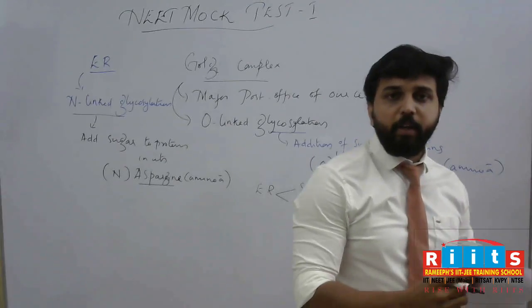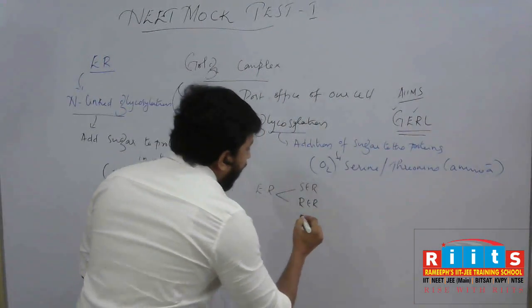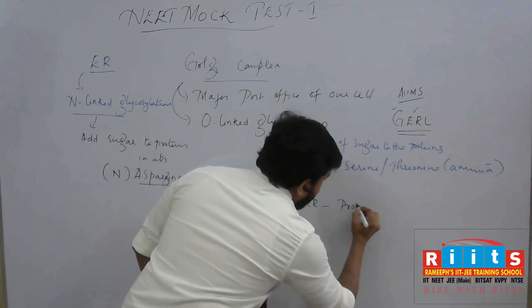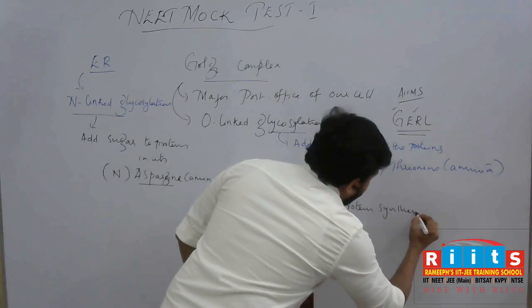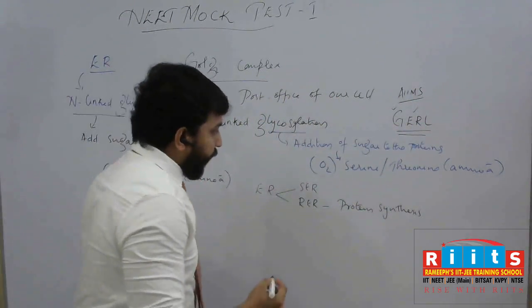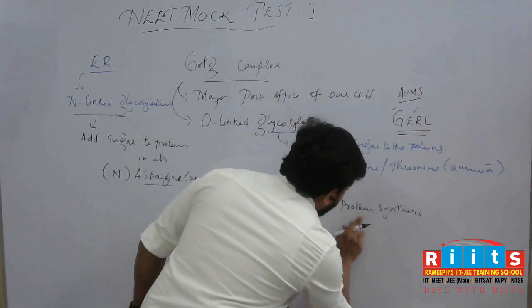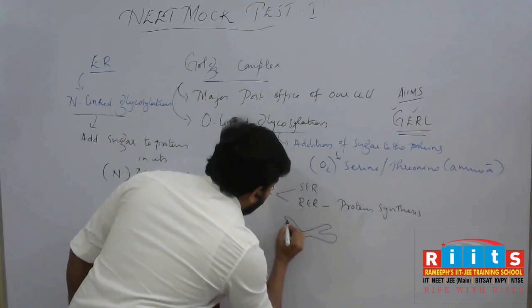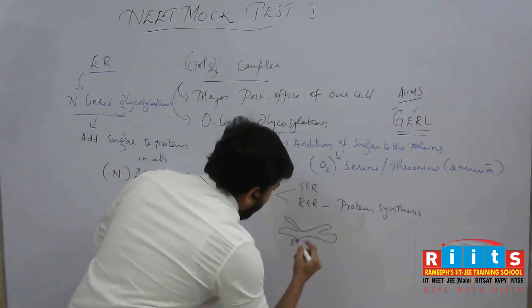Here, the RER's major function is protein synthesis. Because we already know that ribosomes are present over the RER with the help of two glycoproteins. Ribosomes are attached on the rough endoplasmic reticulum